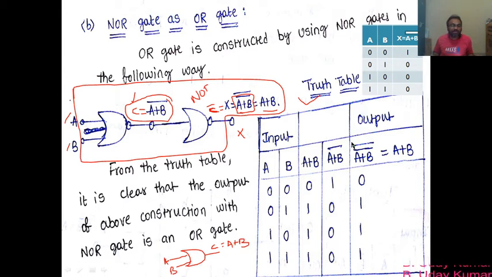But what is this? This is A plus B double bar. Why am I getting A plus B double bar here? Because it is a NOT gate and its input is A plus B bar. Since its input is A plus B bar, its output will be the bar of the input. Here the input of the NOT gate is A plus B bar, and hence its output is written as A plus B bar whole bar again. So you get two bars here, two complements.